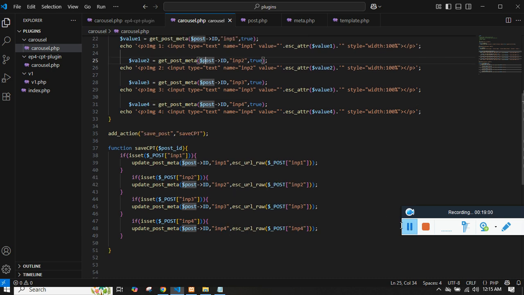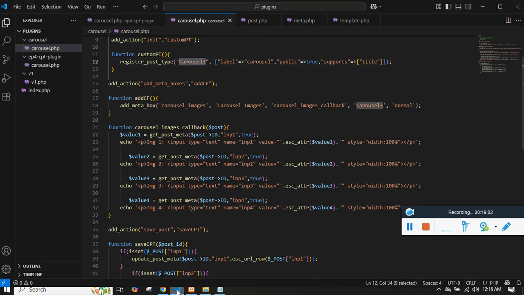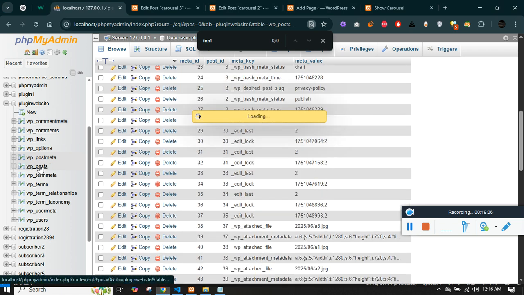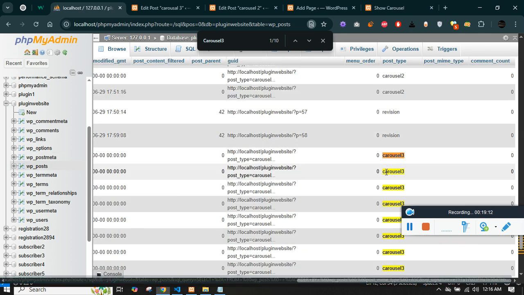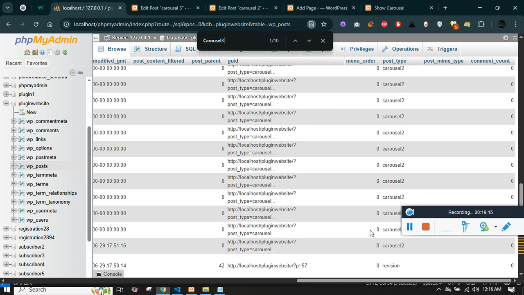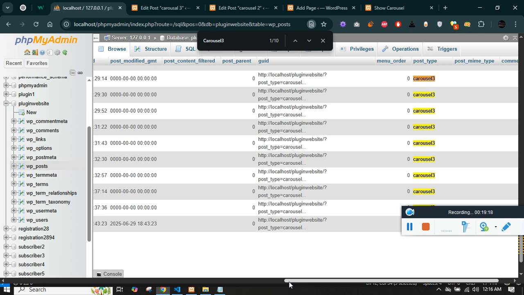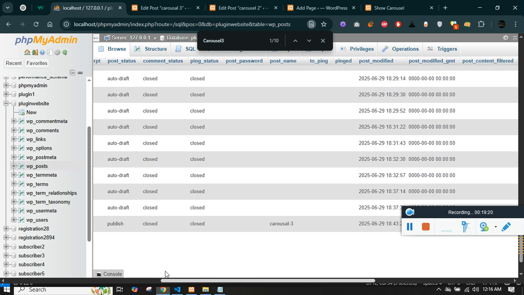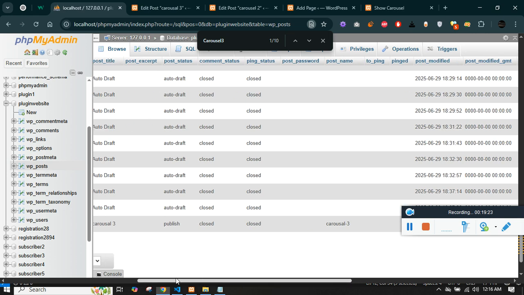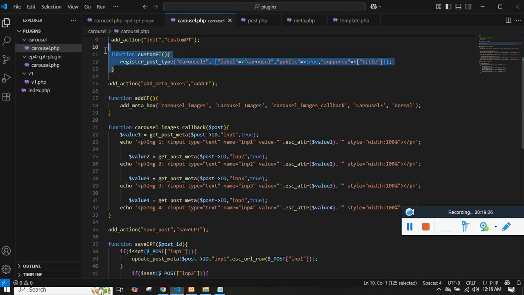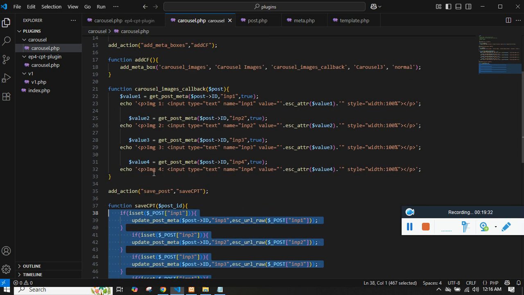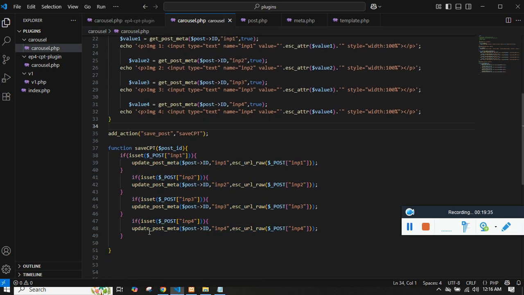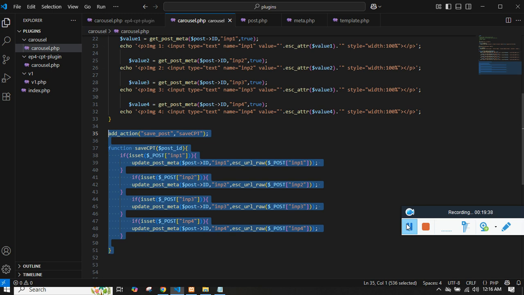Let's check what's the issue. In case you have any doubt, this is the post type that we have created. You can get into the WP post and search for post type carousel 3. And this is the relevant post name. Registering is done, meta boxes are done, and then the data is in storage, so there is a problem over here. This would be the problem. I think